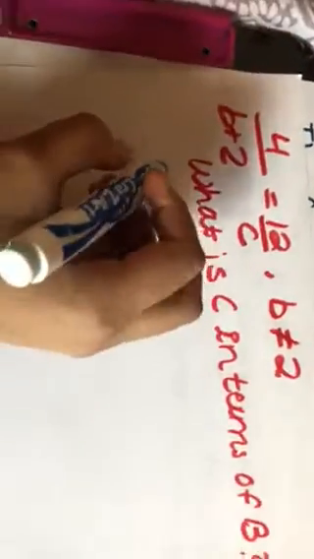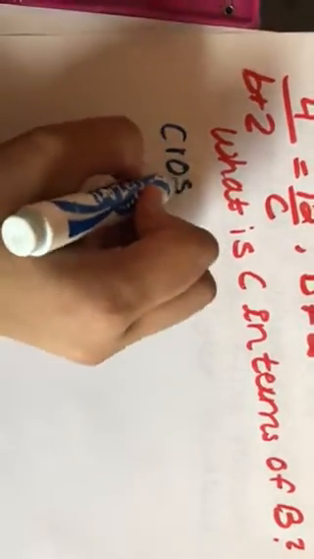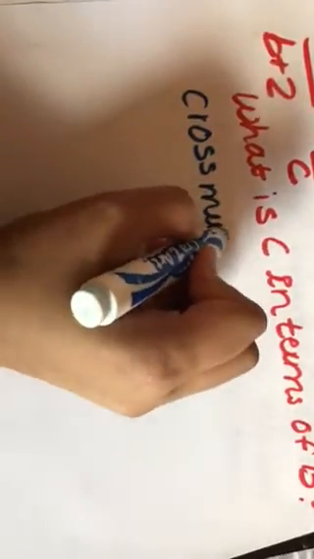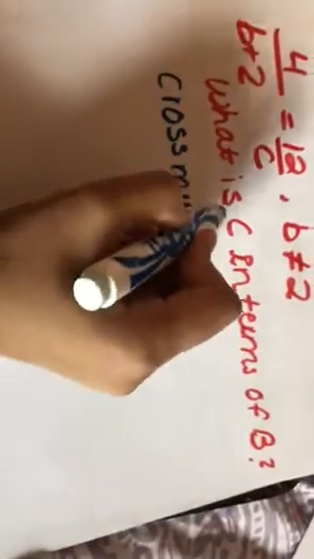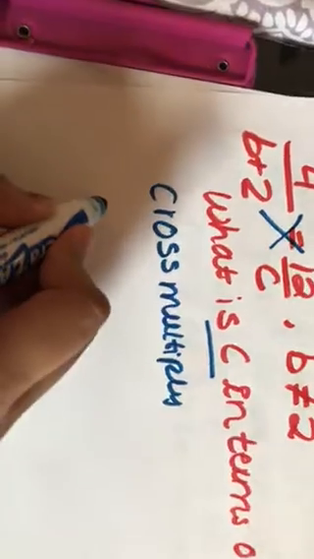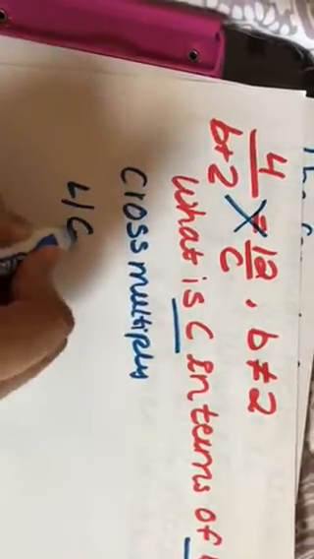Okay, so the first problem says 4 over b plus 2 is equal to 12 over c. And b cannot equal 2. So what is c in terms of b? Whenever I'm given these types of problems, I know to cross multiply because that's an easier way to get rid of some variables, or in this case, it says what is c in terms of b. So we're finding c. So when we cross multiply, that's equivalent to